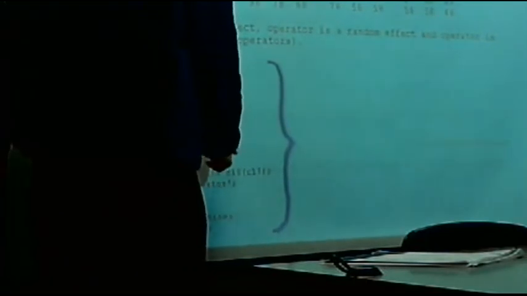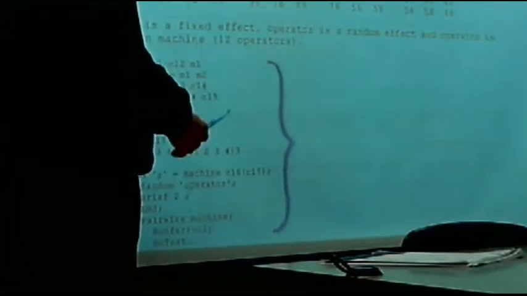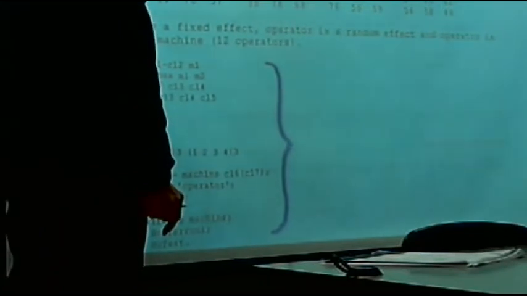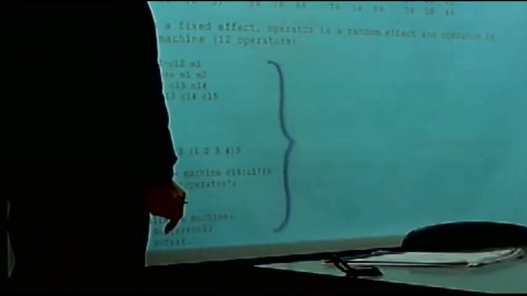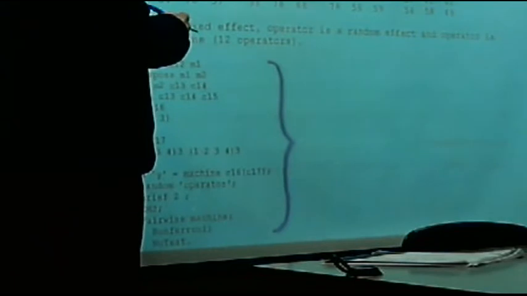And then I wanted to do that twice. So I put 2 of them on that line. And so now I've got the data in C15. C16 contains the operator number, and C17 contains the machine number. Now, what I should do